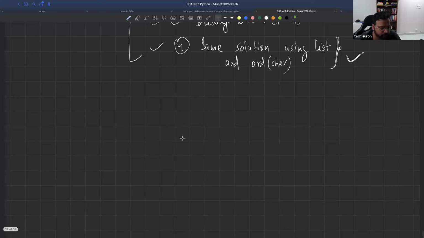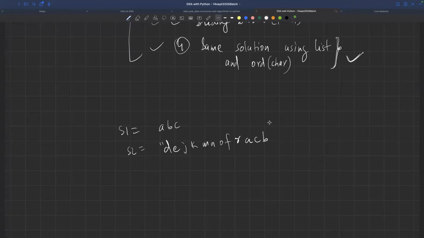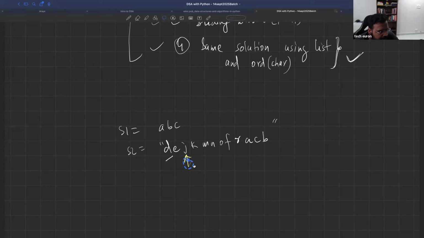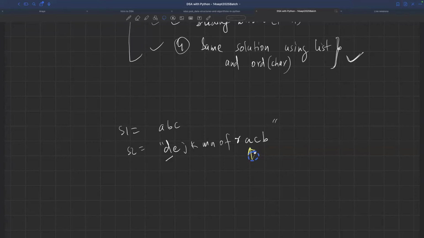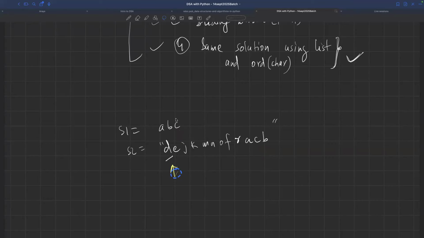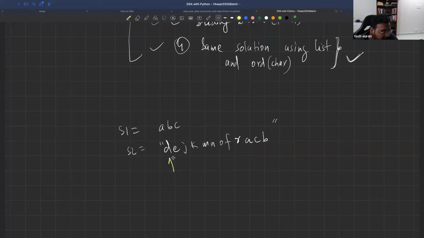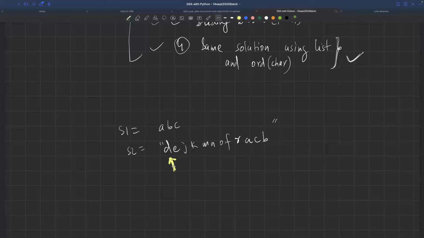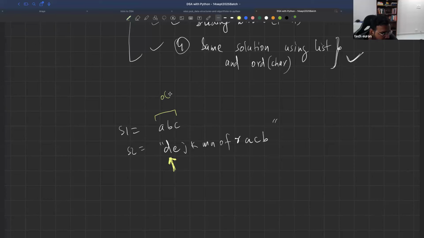आप जो बोल रहे हो कि जी, अगर हमारे पास S1 है जो है A, B, C, और हमारे पास S2 है जो कि है D, E, J, K, M, N, O, F, R, A, C, B, तो आप बोल रहे हो कि ये पहला कैरेक्टर A है ही नहीं। बिल्कुल। ठीक है, ये तो A है ही नहीं, तो इसको विंडो बनाने का मतलब ही नहीं है। इसको हम यहाँ लेके जाते जाएंगे, जब हमको पहला कैरेक्टर मिलेगा A जो ABC में इंक्लूडेड है, तो वहां से हम विंडो बनाएंगे। ऐसा करके आप क्या पाओगे? कंपैरिजन कम हो जाएंगे। फर्स्ट ऑफ ऑल कंपैरिजन कैसे कम होगा? क्योंकि ये D को आप चेक करोगे कि D ABC में है या नहीं। वहां मैं शुरुआत से ही विंडो में 3 एलिमेंट कंपेयर कर रहा हूँ, मतलब हर बारी एक को निकाल रहा हूँ, एक को डाल रहा हूँ। समझ गया, इंसर्ट एंड अपडेट भी सिर्फ उसी पॉइंट पे होगा। लेकिन ये जो D है, आप जब यहाँ पे पॉइंटर रखोगे और आप चेक करोगे कि ये D मेरे S1 में है कि नहीं, जी, ये तो अपने आप में O ऑफ N हो गया ना।